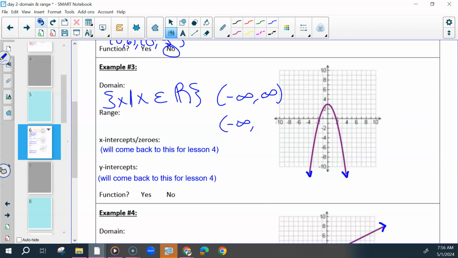And then what's the highest value? Not infinity. It has a stopping point. It is 3. So in this, it's not going to be the same. Sometimes they are different. It's going to be everything below 3. So it starts off the same way, but it's going to be y is less than or equal to